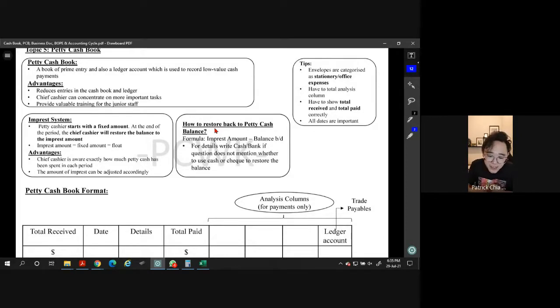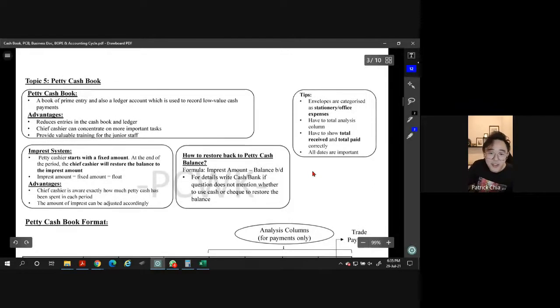All right. So for the restore, you must get money, guys. Okay, you must get money. It's either by cash or by bank, which is cheque. Okay. The petty cash book is not really a famous question, so you want me to do one question? I think I only have one question. All right, so for the tips, look at the tips part here. I'll be sending these notes to you all. All right, tip number 1.